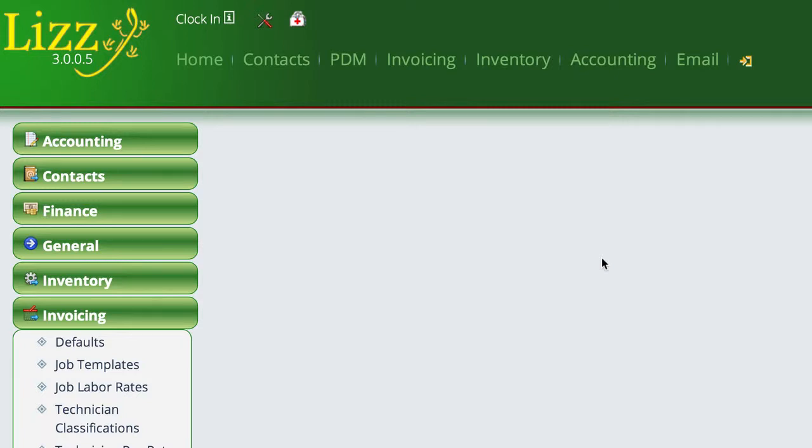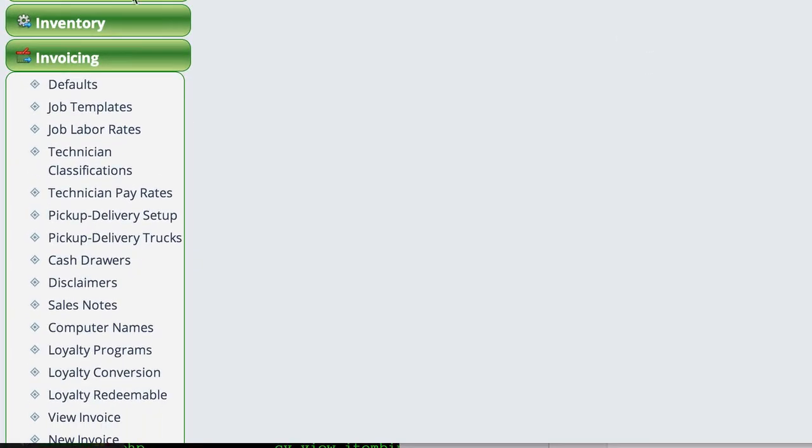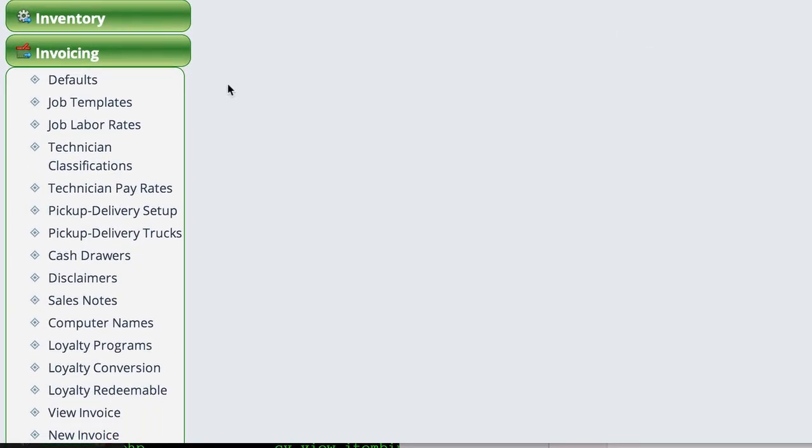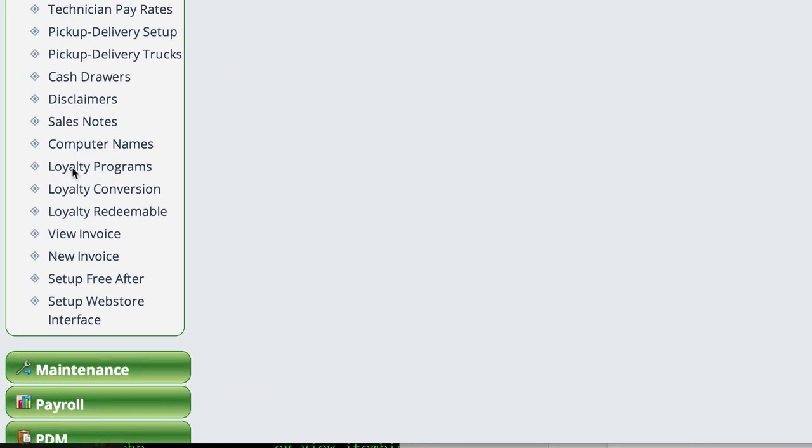Before we can get started doing any customer loyalty programs, we need to define what the programs are going to be called and what some of the parameters are for them. To do this, we're going to go to settings. We're going to come over to invoicing, and then we're going to look down here for the loyalty programs menu